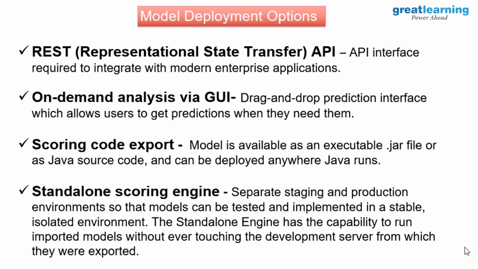Now, most of the enterprise-wide organizations actually use the 4th environment, which is a standalone scoring engine, which means you have a separate staging, you have a separate production environment available, wherein till the time the model is tested and is stable, it is not moved onto the staging platform. Okay, it's like any other software deployment architecture which you use, depending on what your organization can afford.